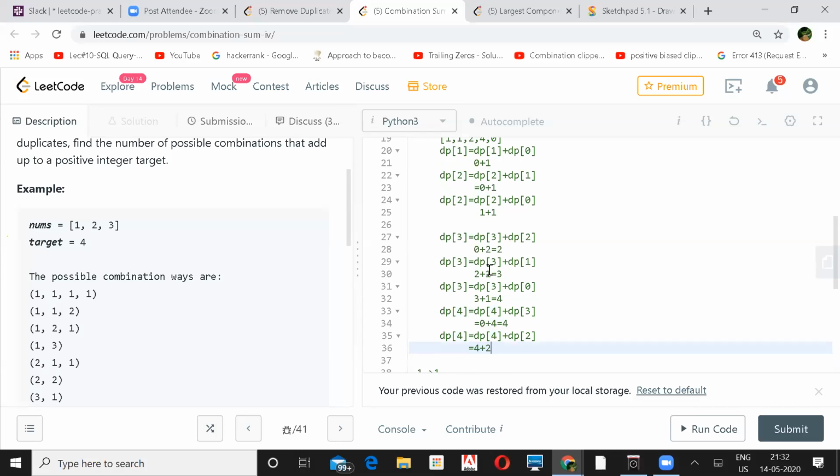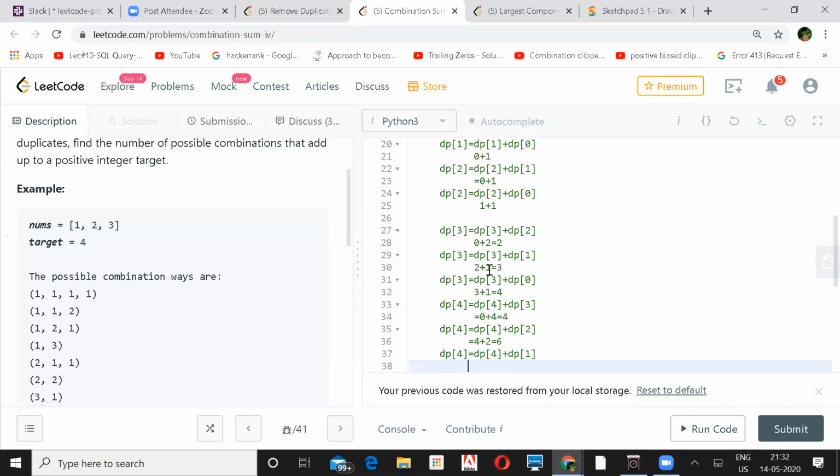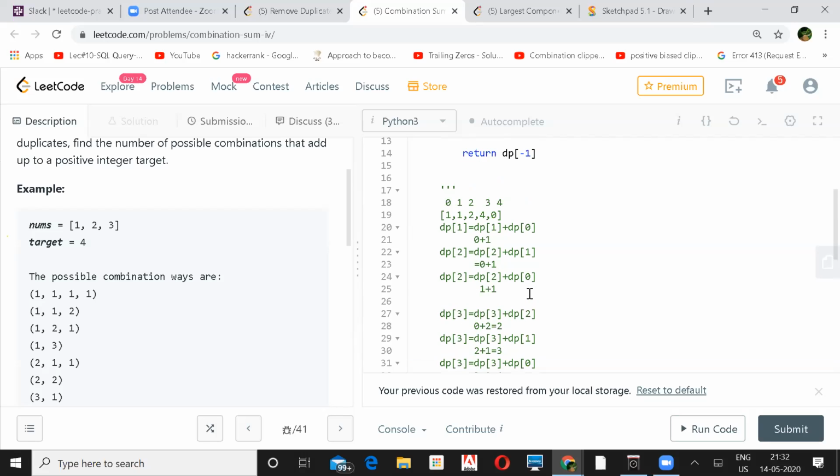So 4 plus 2 is 6. And again dp of 4 will be equal to dp of 4 plus 4 minus 3, 1, dp of 1. And 6 plus 1 is 7. And you return the last value, this 7 from here.